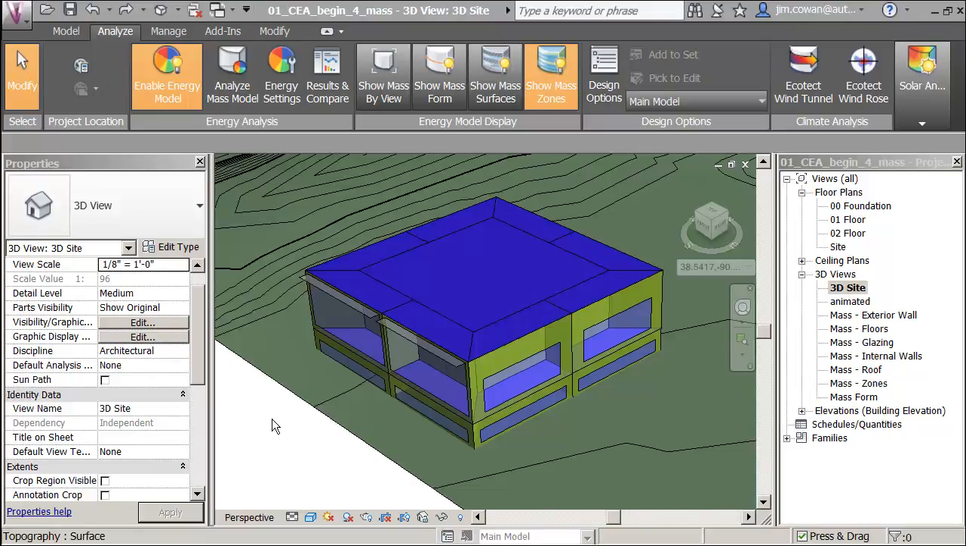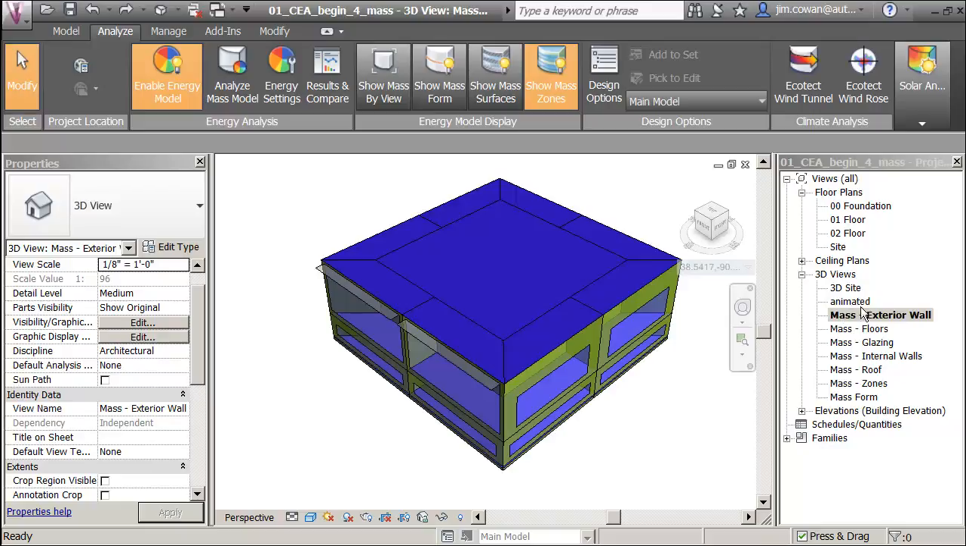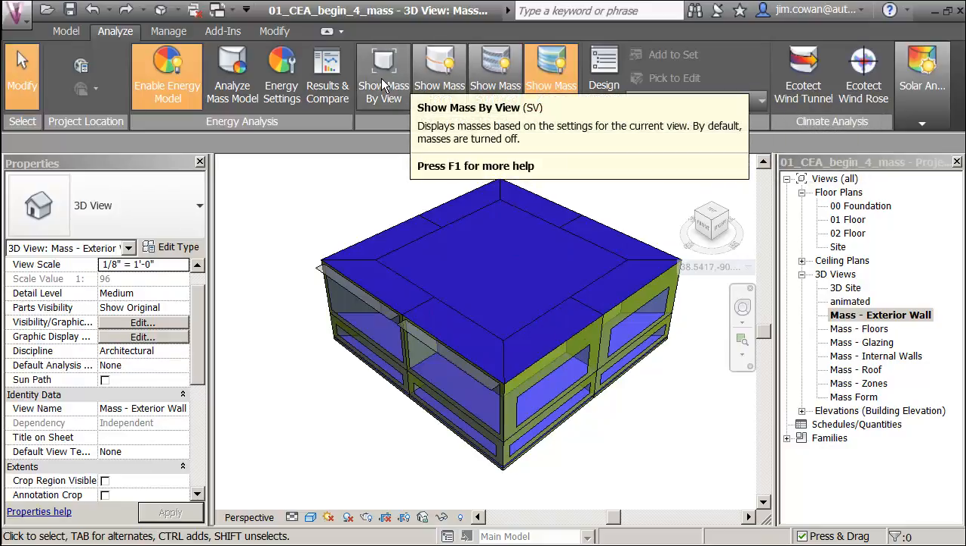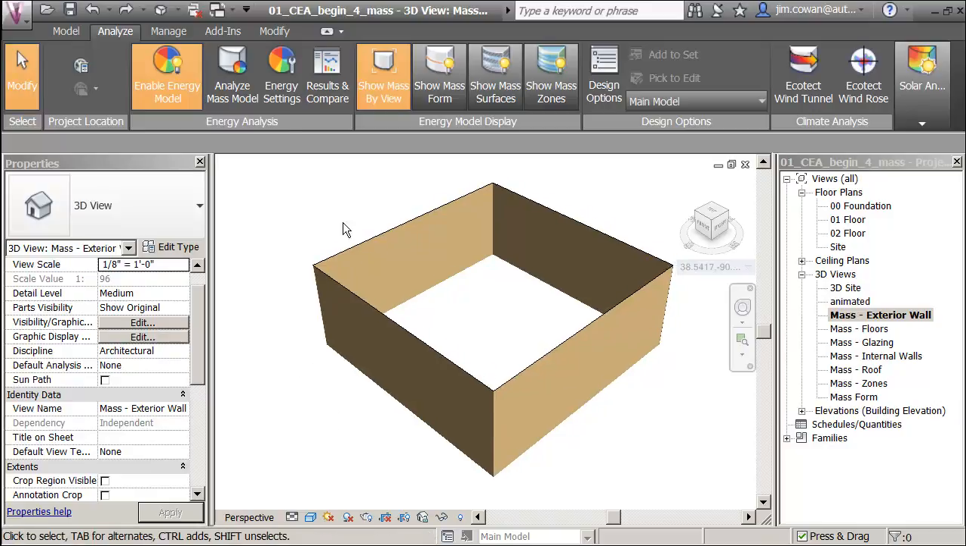I'm going to assume that I want to add insulation to the walls and see what difference it makes to the energy results. So one way I might do this is I could flip to the mass exterior view. I'm not seeing just the exterior walls because up here I need to shift this to show mass by view. Then I can select the wall, so I'm doing a tab key,